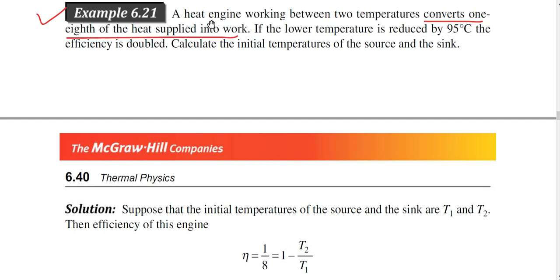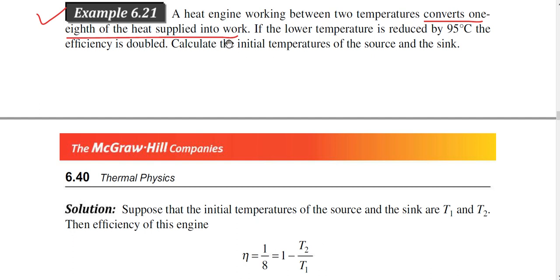So, suppose you consider a heat engine which is working between two reservoirs, and you particularly focus on this sentence, that is, it converts 1/8 of the heat supplied into work. So, the amount of heat which is taken by the engine, 1/8 of the heat is converted into work. So, what is the meaning of this sentence? Actually, this is the value of eta,